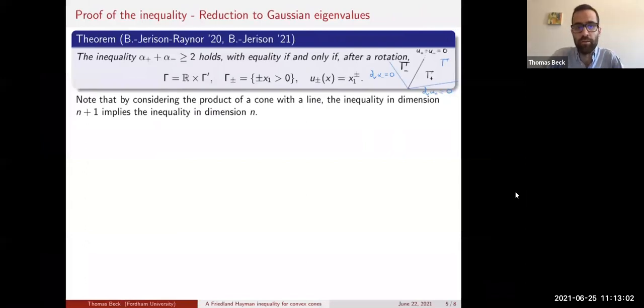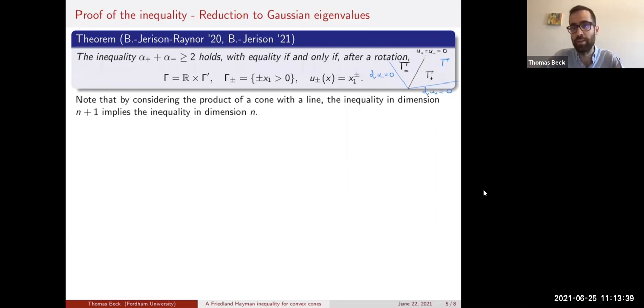Okay, so let me now say a few words about the proof, both of our inequality, and as we go along, we'll also see how the proof of the original Friedland-Hayman inequality works. So the first thing to notice is that in 2 dimensions, given such a cone gamma and given associated cones gamma plus and gamma minus, which are disjoint, one can do a calculation to explicitly write down the corresponding homogeneous harmonic functions. And then checking the inequality turns into a not so difficult calculus exercise to show that